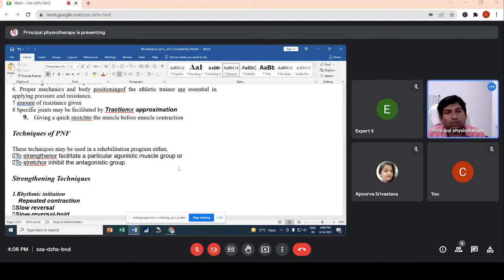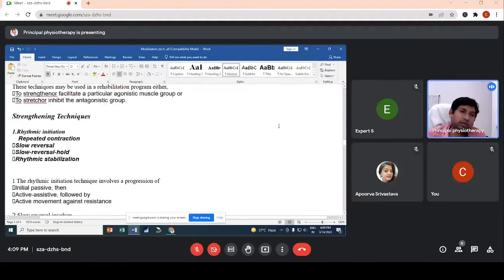बेसिकली ये दो तरह की टेक्निक होती है। एक में क्या होता है, स्ट्रेंथनिंग करते हैं, और स्ट्रेंथनिंग बेसिकली facilitates a particular agonistic muscle group, और स्ट्रेचिंग देते हैं to inhibit the antagonistic group. स्ट्रेंथनिंग टेक्निक में स्लो रिवर्सल है, स्लो रिवर्सल होल्ड, रिदमिक स्टेबलाइजेशन, ये वो टेक्निक हैं जो हम बेसिकली यूज करते हैं।